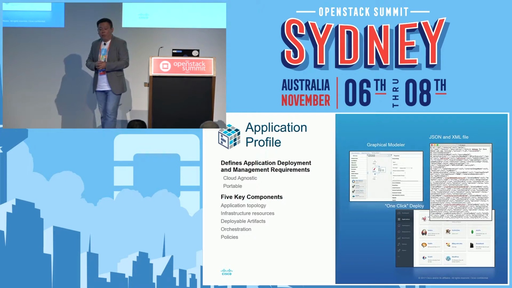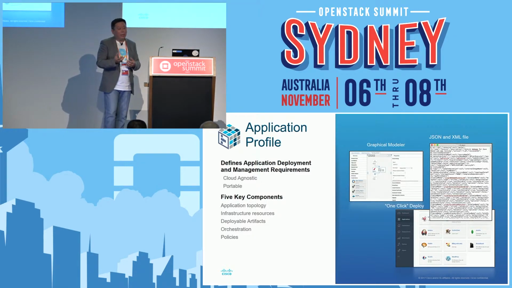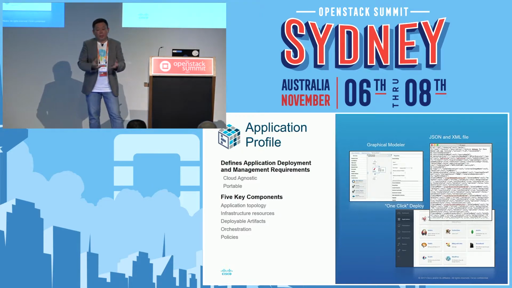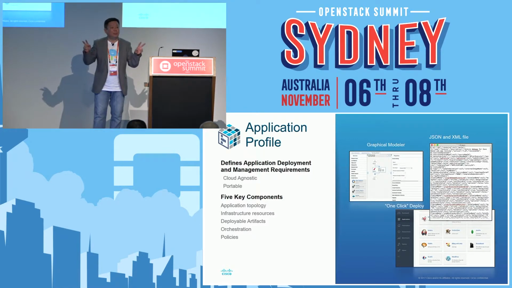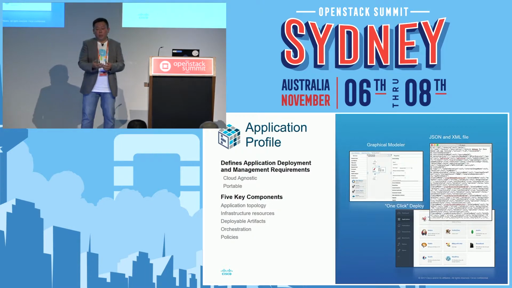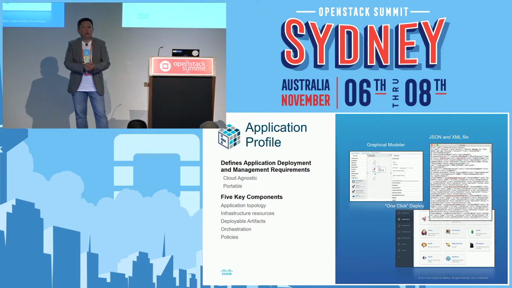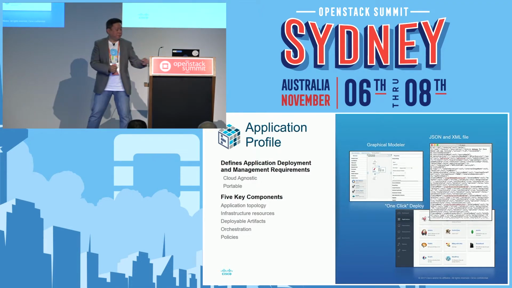So when we look at an application profile, a couple of things that I brought up are providing that application topology, drag and drop. Once you build your application and your code, we consume your own repositories. So we don't make you code in CloudCenter coding. There is no such thing as CloudCenter coding. What we do is sequence it and let you provision not just the infrastructure, the network, the storage, but the application on top of it as well.